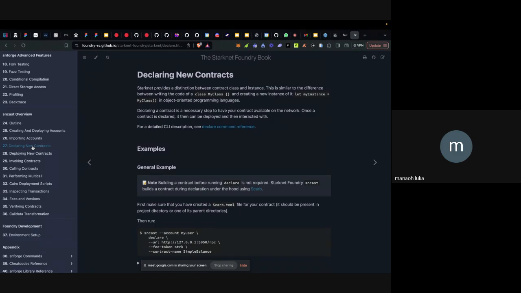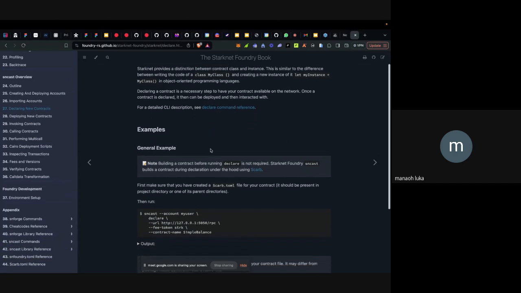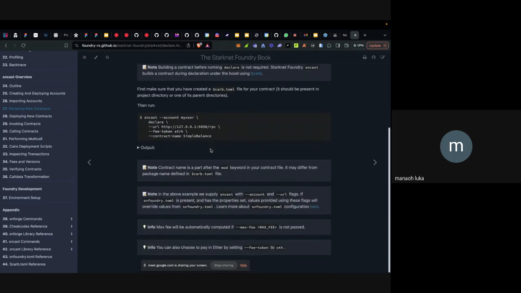If it gives you that class hash back, you can use that class hash to deploy your own smart contract. So that's just the use of contract declaration, so that we can have our class hash. You can read more about this to understand how it works. So this is how you declare a contract. You declare a contract by setting up this